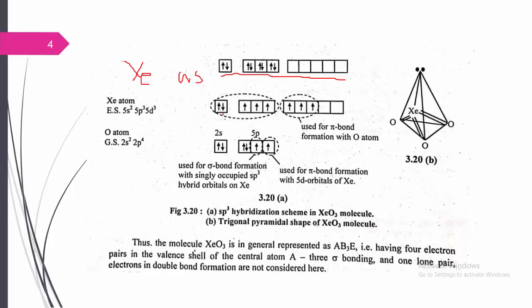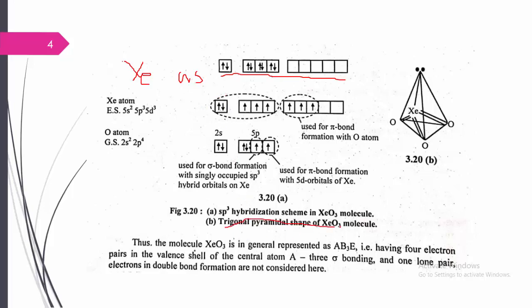Here there is one s orbital and three p orbitals, and the s orbital holds the lone pair of electrons. Due to this lone pair of electrons, the shape of this molecule becomes irregular. Regular sp3 hybridization forms a tetrahedral shape. But in this case we have one lone pair of electrons, therefore the tetrahedral shape of the molecule becomes irregular. It forms a trigonal pyramidal shape.